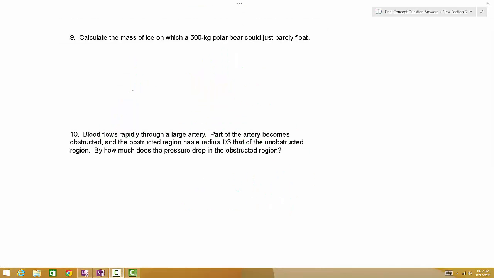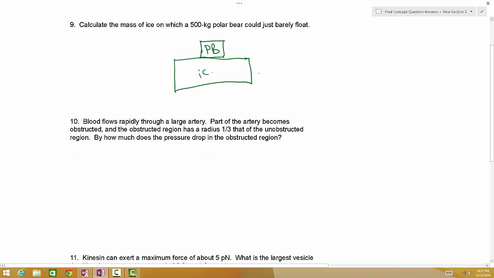Number 9. Calculate the mass of ice on which a 500 kilogram polar bear could just barely float. Okay, what is this question actually asking? Well, it's saying you must have some sort of polar bear, which I'm going to draw as a block, and it's sitting on ice, which I'm going to draw as another block, and the polar bear is just barely floating,